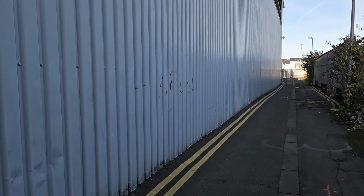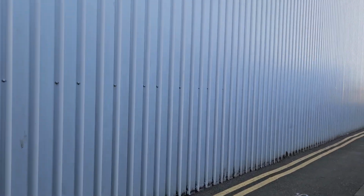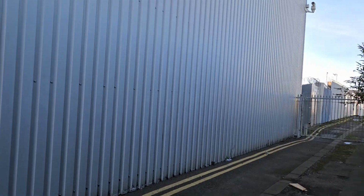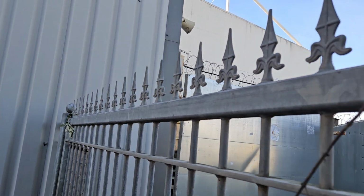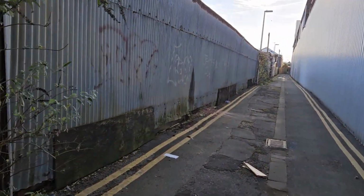It looks like we're not going to be able to get out at this end, I think. We just have to see, there's a gate coming up which looks locked. We'll forget the other side of that gate, which I don't think we can. It basically brings us back to where we was. Yeah, you can just see the tower over the top there. So there's the top of the Matthews again. So we'll have to go